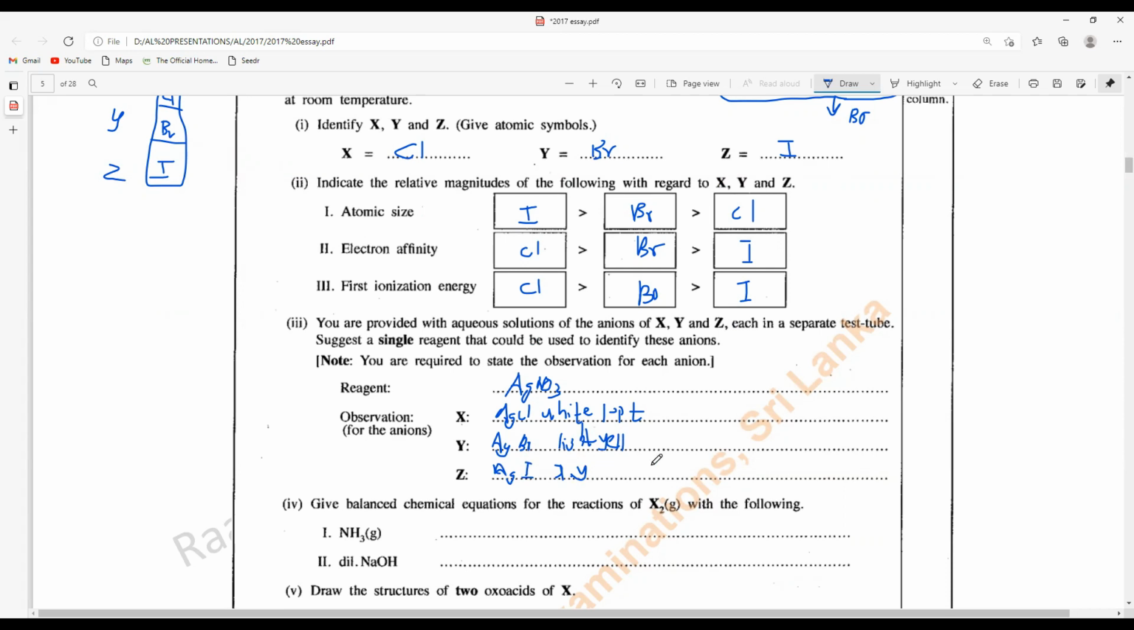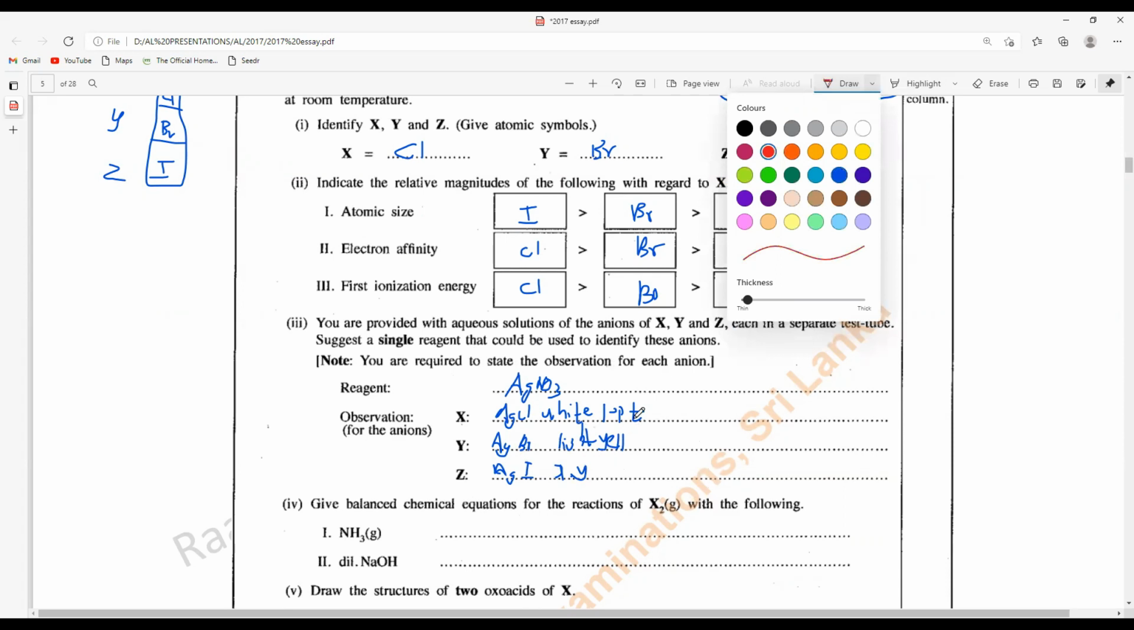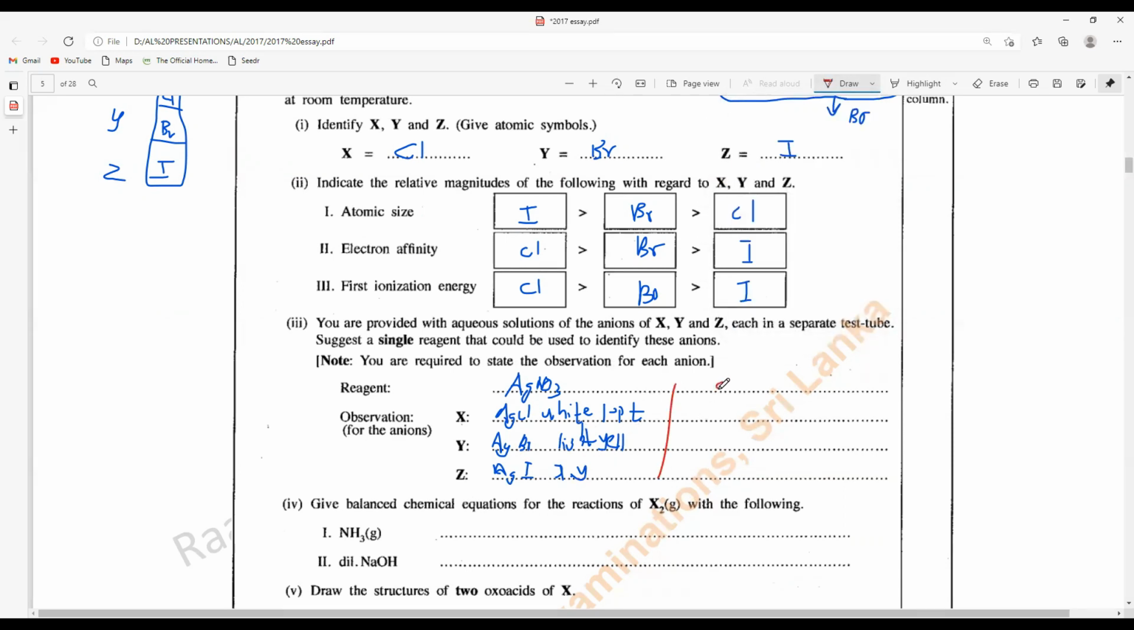AgI would be dark yellow. Right, so this is what you can mention. But don't forget, this is not the only experiment that you can mention. You can even mention the